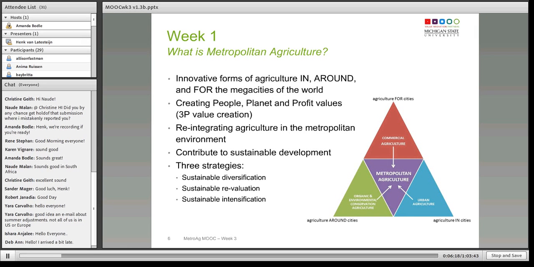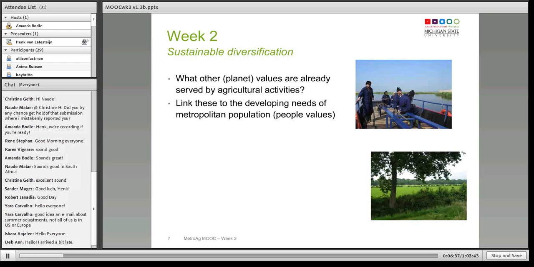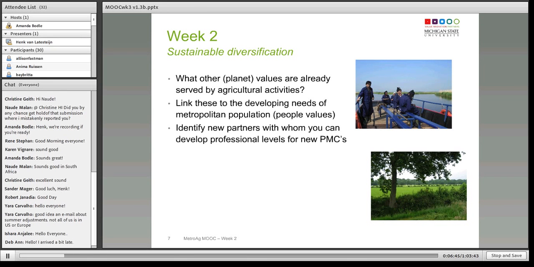Link those activities then to developing needs of metropolitan population and link them to people values. Identify then new partners that you need to develop new product market combinations and develop that into business that really addresses the triple P value issues. We had 2 examples. Green care, it was about care farming in a larger context, and northern freezing woods, where